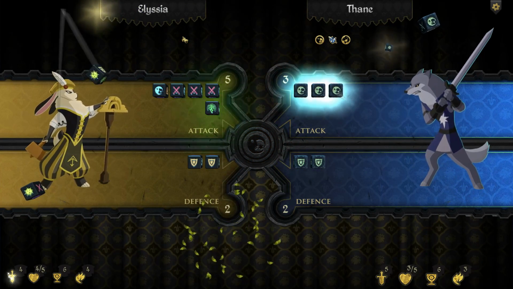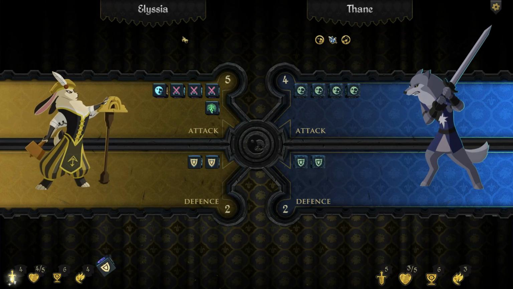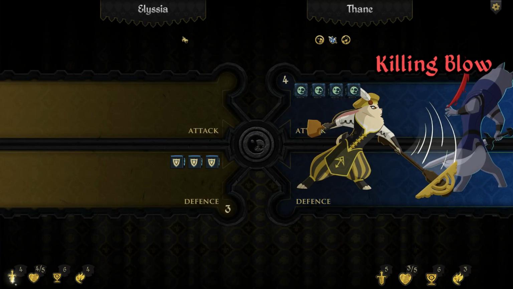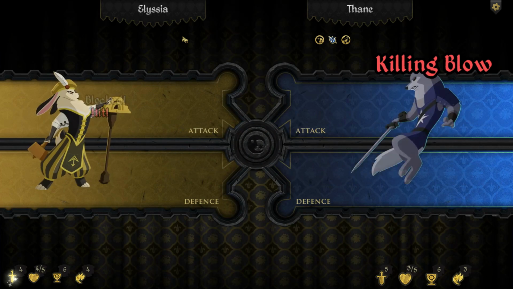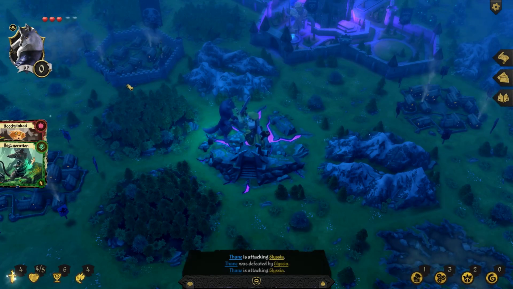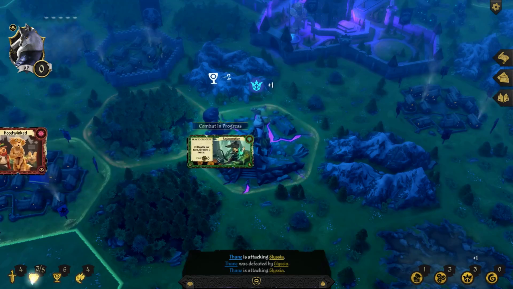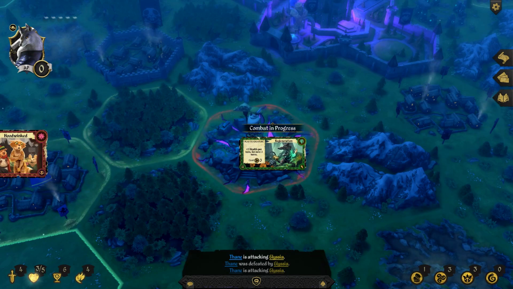Alright, good tree. Come on. Yes, extra shield. Well, bam! That's what you get. Bad dog. And once combat ends...